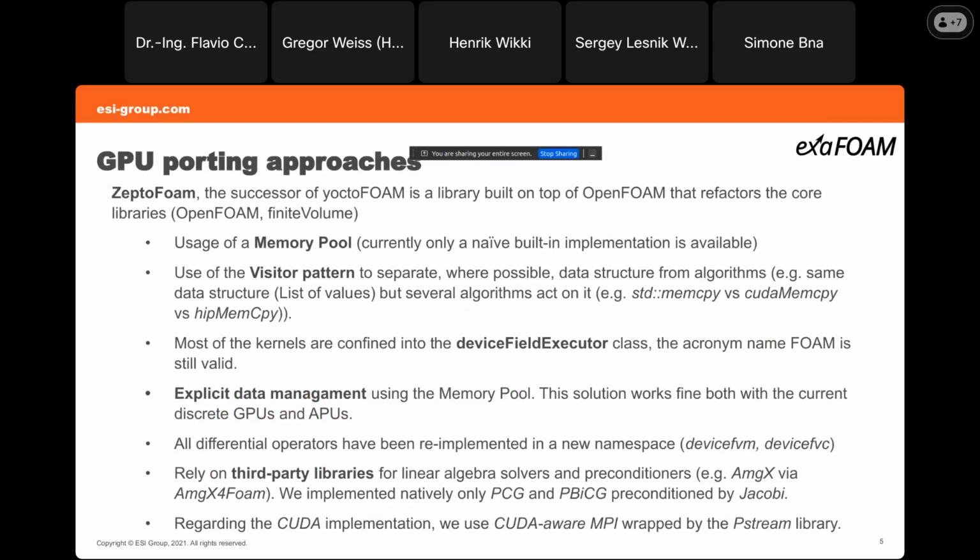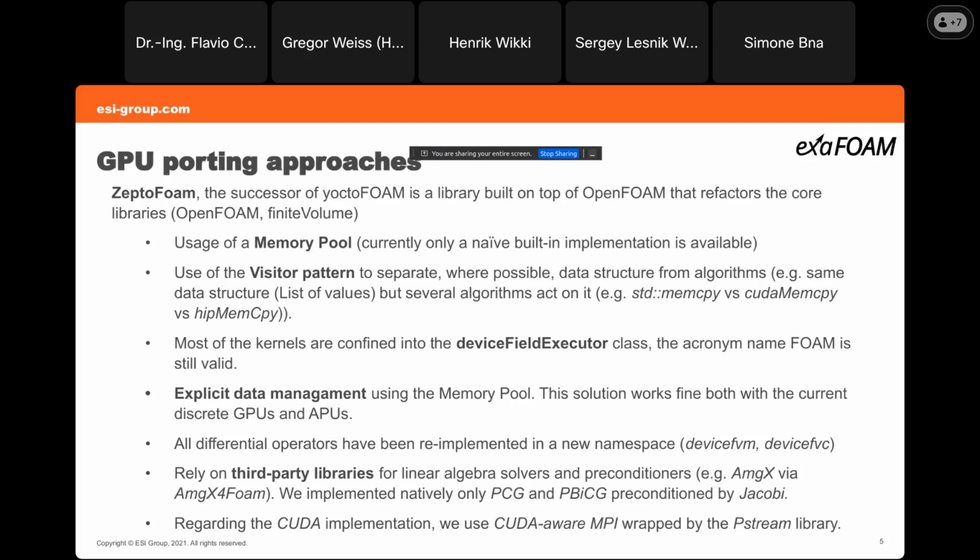So in the project, we delivered this solution, which is probably promising in the coming supercomputers, Grace Hopper and MI300A. We tried to work on a different approach, called ZofOAM, which is a library we deliver and are still working on, which basically refactors two core libraries of OpenFOAM, which are OpenFOAM and finiteVolume. So the idea is to develop a plugin